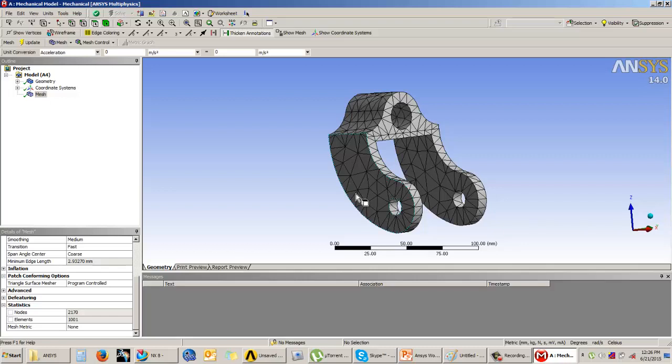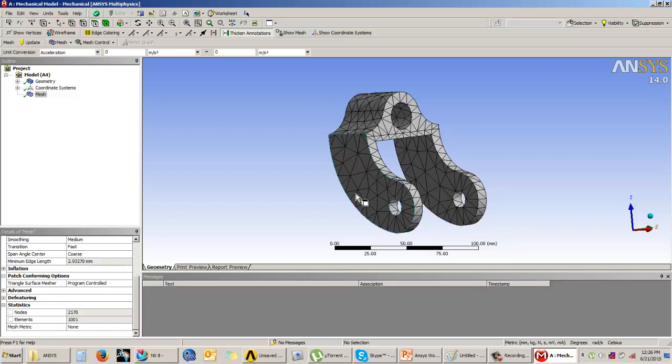So there will be fewer hexahedral elements required to fill the entire volume. So if the element numbers are lesser, the solution time will also be lesser. That means you will get faster results. But there is also one more thing that you should understand, that if you want to get hexahedral elements, it